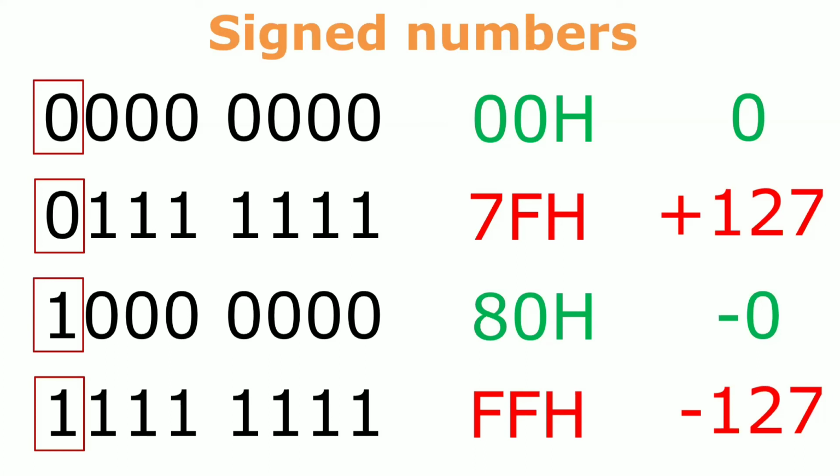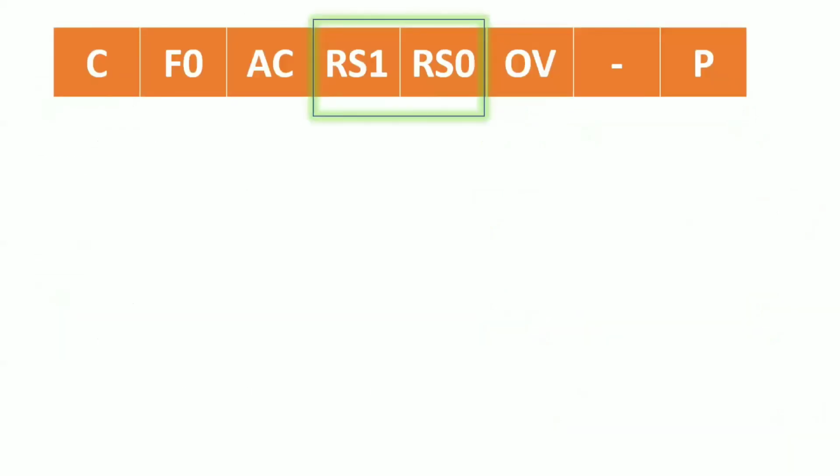Whenever you are representing signed numbers, we will represent them in the two's complement form. This is a big concept which I am not going to discuss now. If you take the range, 0 to +127 and -0 to -127, whenever you are operating on negative numbers, if the results exceed this range, that is +127 or -127, your overflow flag will automatically be set to 1. So that is the point to be noted here.